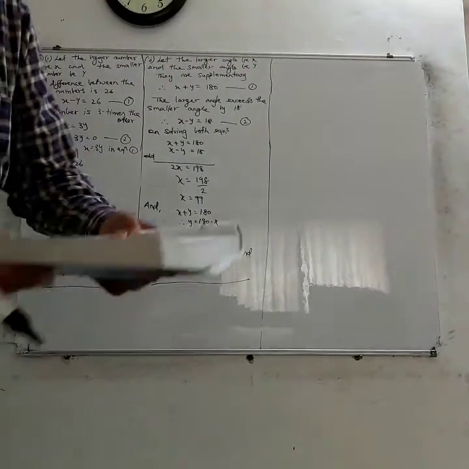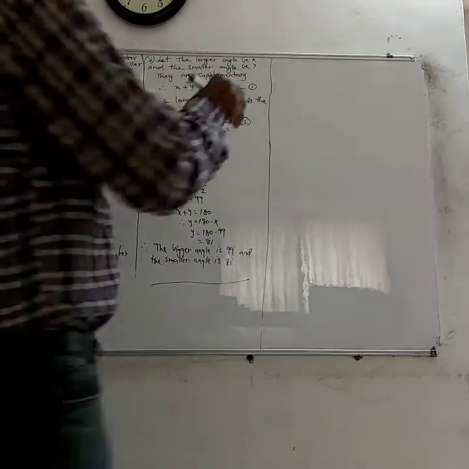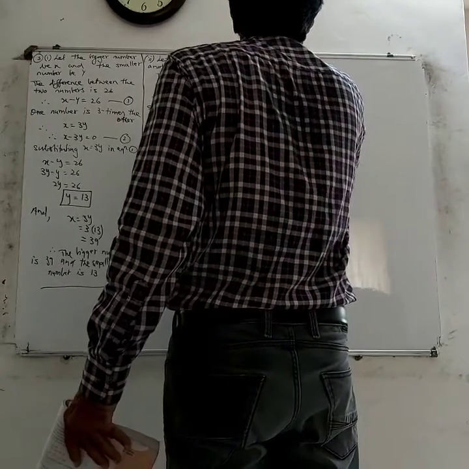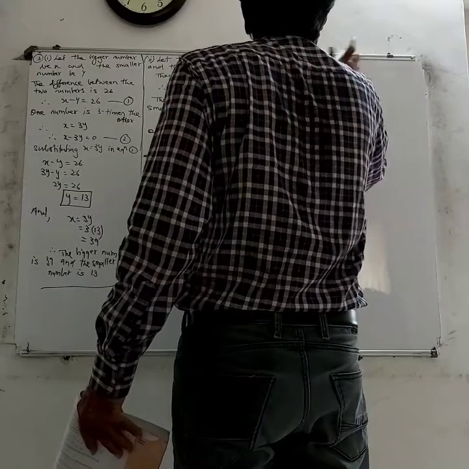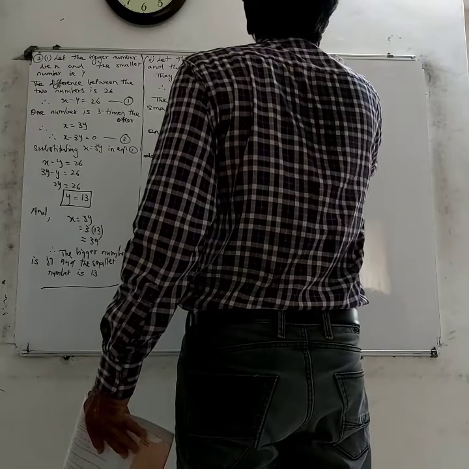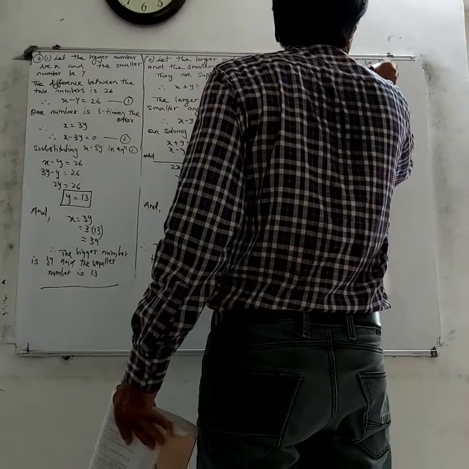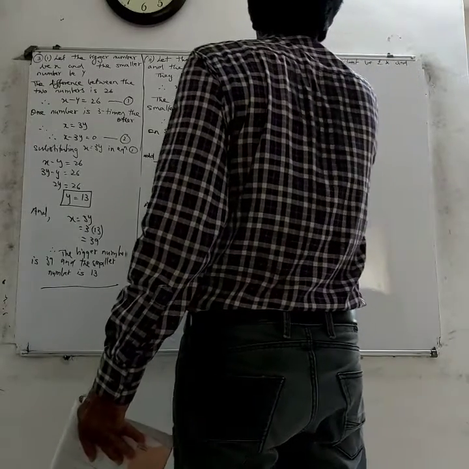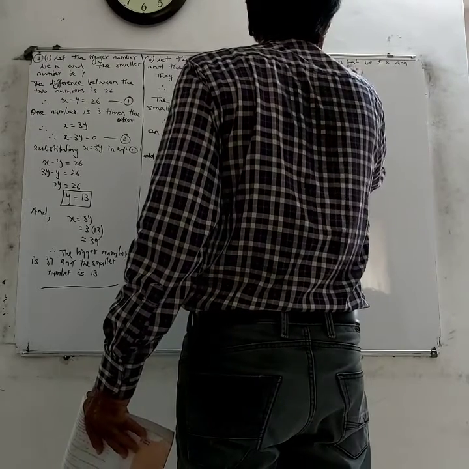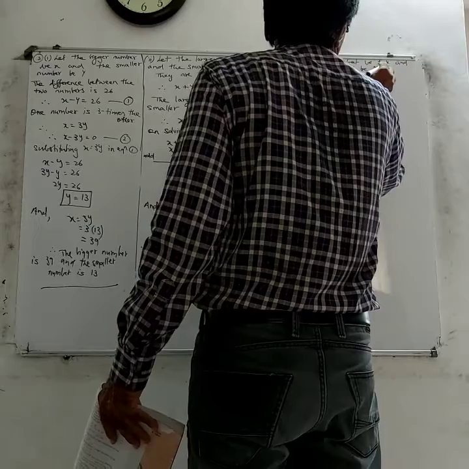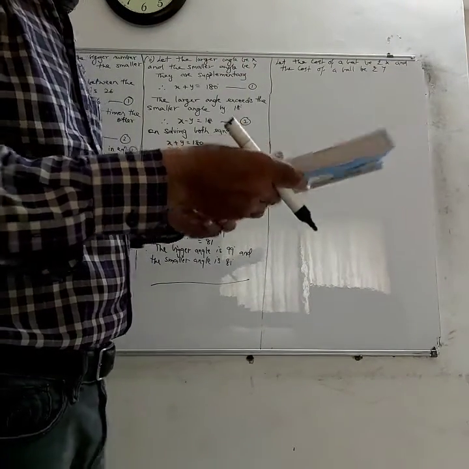Alright, let's see. The coach of a cricket team buys 7 bats and 6 balls for 3,800. Let the cost of a bat be rupees x and the cost of a ball be rupees y. Okay? The coach of a cricket team buys 7 bats and 6 balls for rupees 3,800.